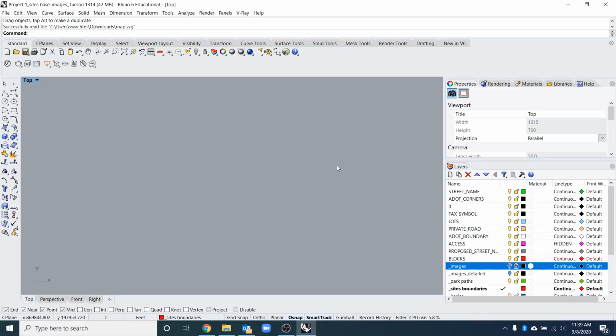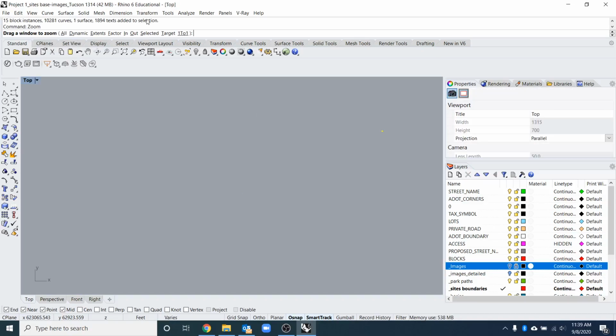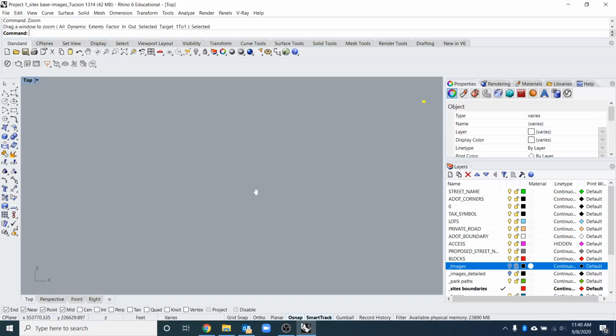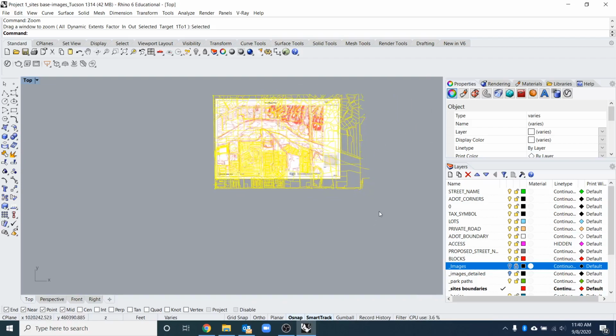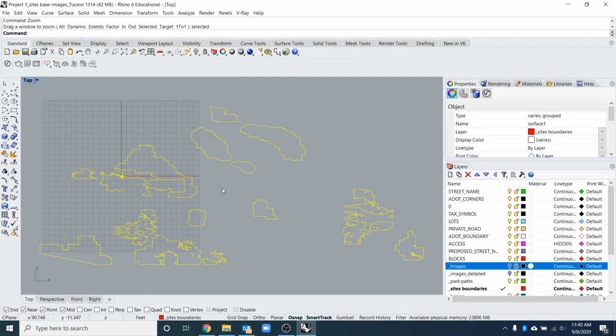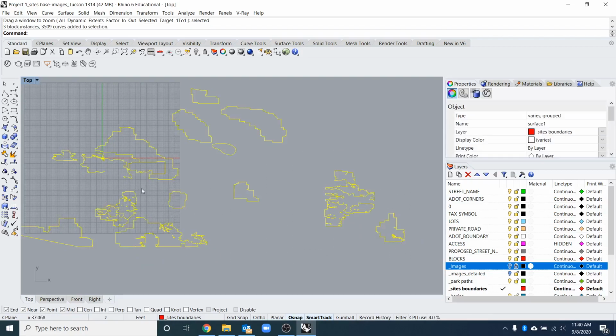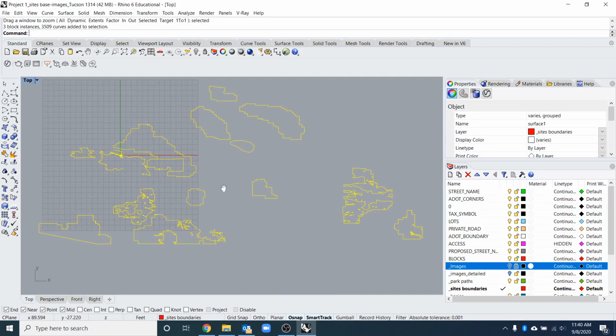I want to go close to where my origin is. In order to find where it is, I'm just going to type in select all. And I'll type in zoom and I'll go to selected. So this is my existing map. I'm going to hold control and select that. Then I'll type in zoom again, selected. There it is. So it's not at an appropriate scale. You'll see it brings in a bunch of information. So when I select it,